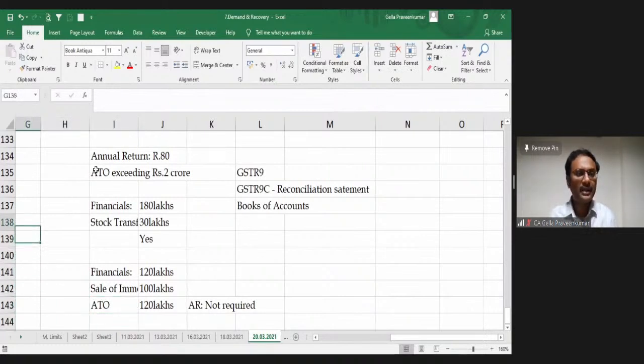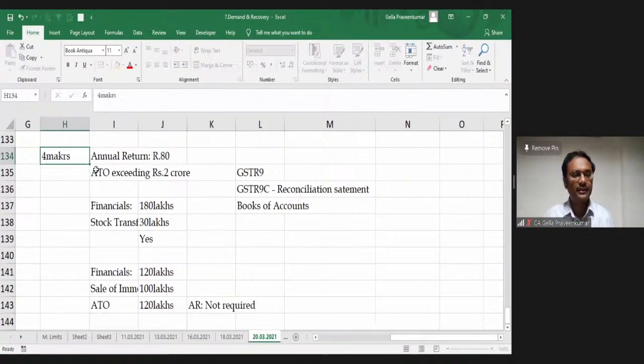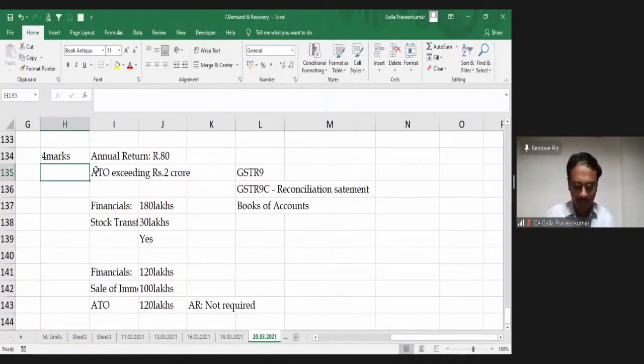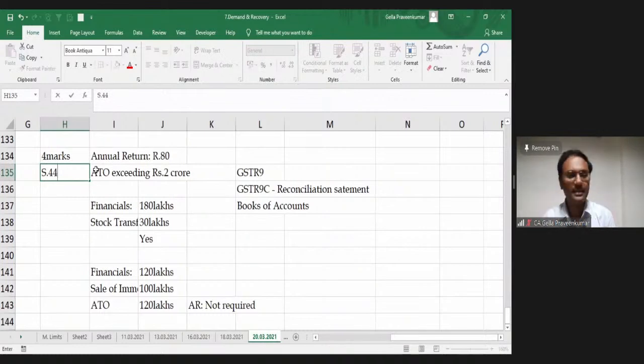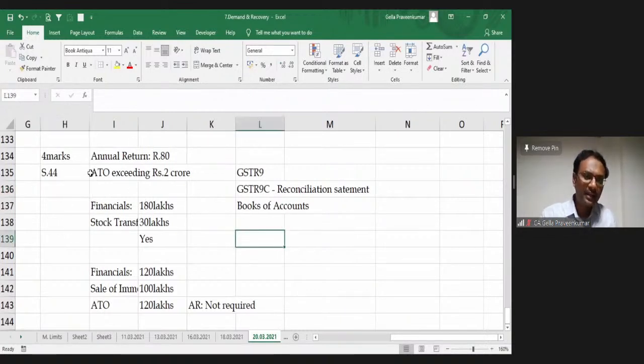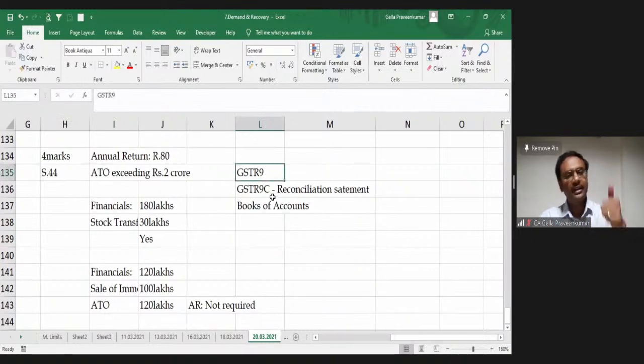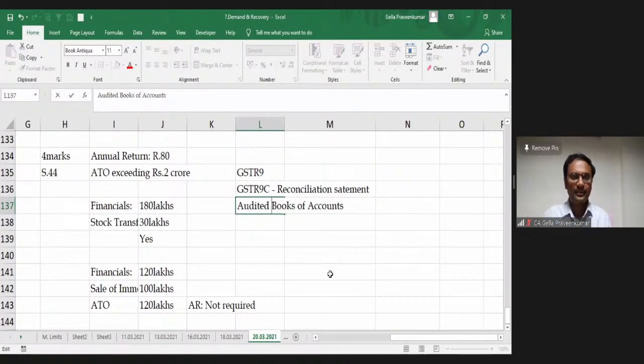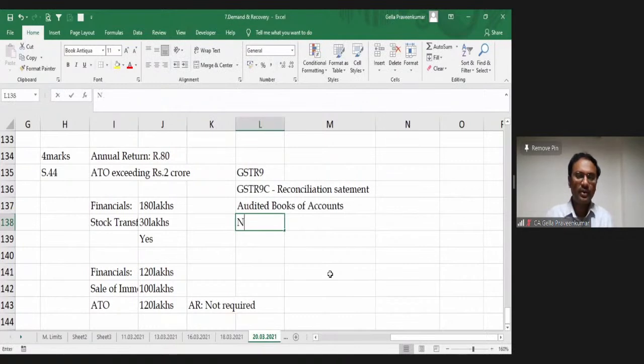Examination, again I am telling you, please expect a 4 marks question from annual return. Reason, this is going to be the sunset clause for this concept of section 44. This concept is going to be the end of this attempt. After May 2021, we don't expect an annual return because of your recent budget amendment. Be prepared and watch for a computation of aggregate turnover and applicability of your annual return. If annual return has to be filed, GSTR 9, reconciliation statement in 9C, and audited books of accounts are required. Now, so what if no audit is done?